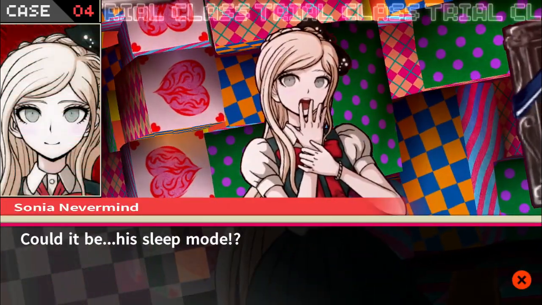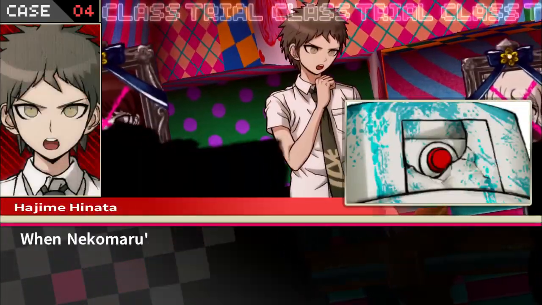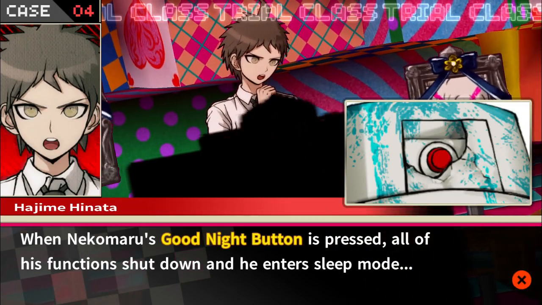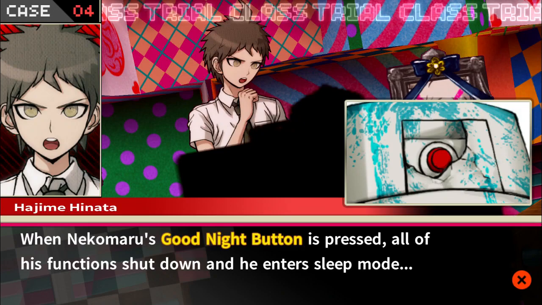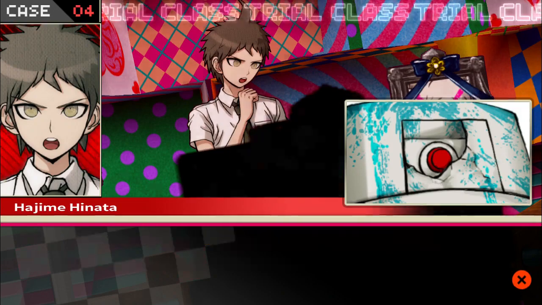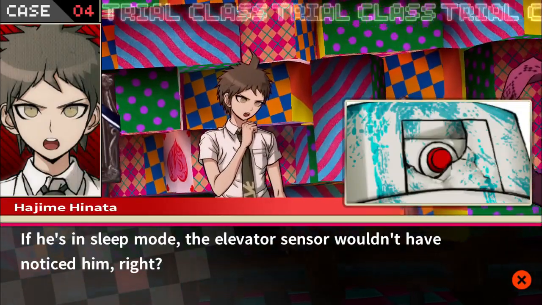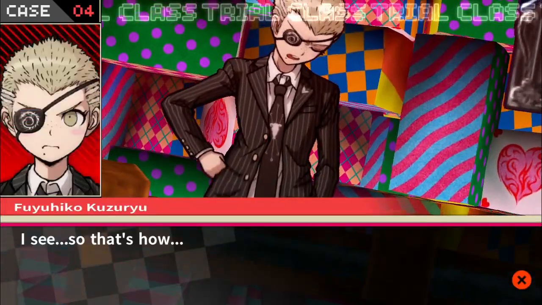Could it be his sleep mode? When Nekomaru's goodnight button is pressed, all of his functions shut down, and he enters sleep. Exactly. It looked like it was busted open, and somebody definitely must have pressed it. If he's in sleep mode, the elevator sensor wouldn't have noticed him, right? I see. So that's how...